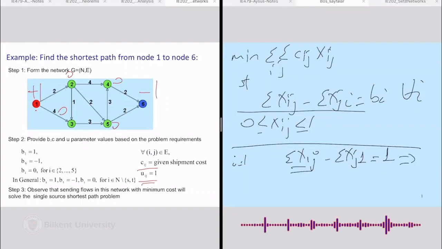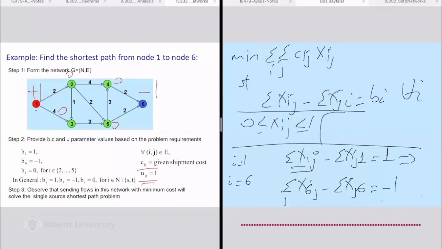Okay. When i equals 6, this formulation will say there is no arc out from 6 anyway. Out: x6j minus xj6 equals minus 1. So this is not... So there will be 1 arc coming to 6. And for i in between,